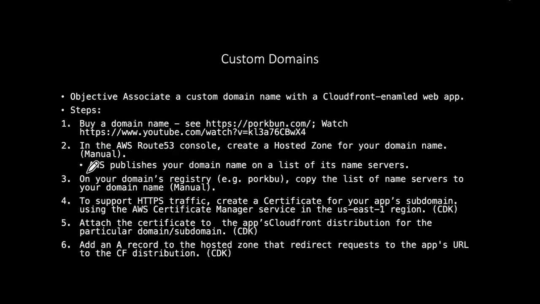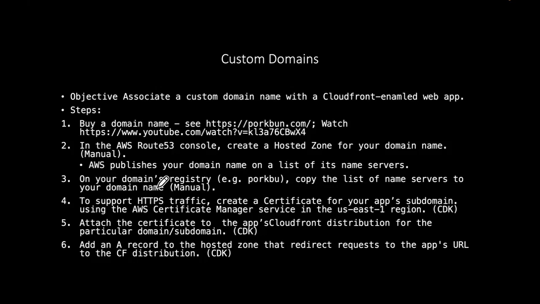You need to complete step 3, which is also a manual step. And in step 3, you need to tell the registry where you bought your domain name. So let's suppose you bought it at porkbun.com. You need to tell porkbun.com about the Route 53 name servers that can resolve your domain name. Okay, that's what I'm saying here. On your domain's registry, e.g. porkbun.com, you need to copy the list of name servers